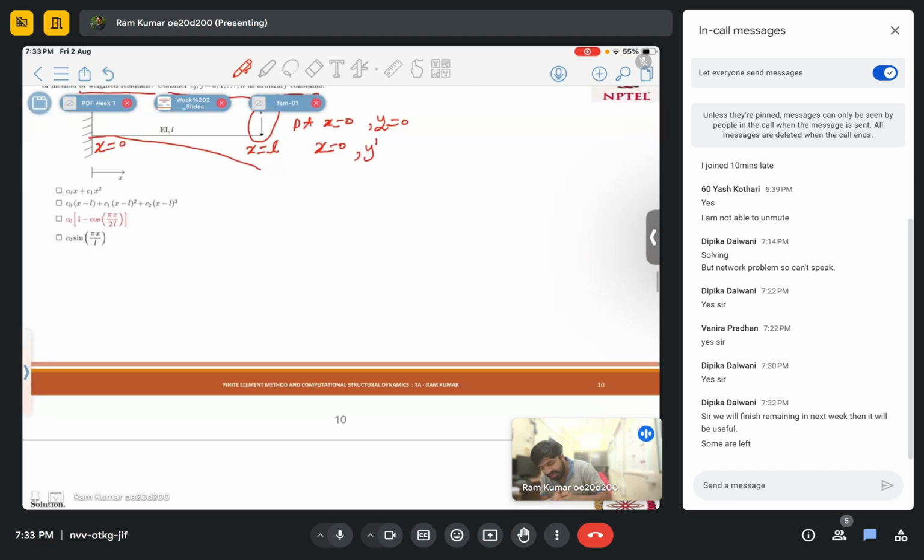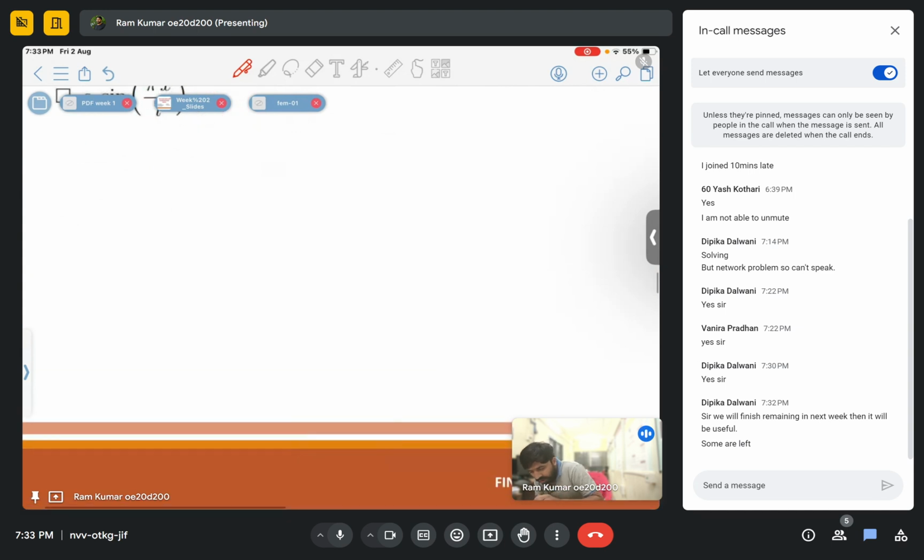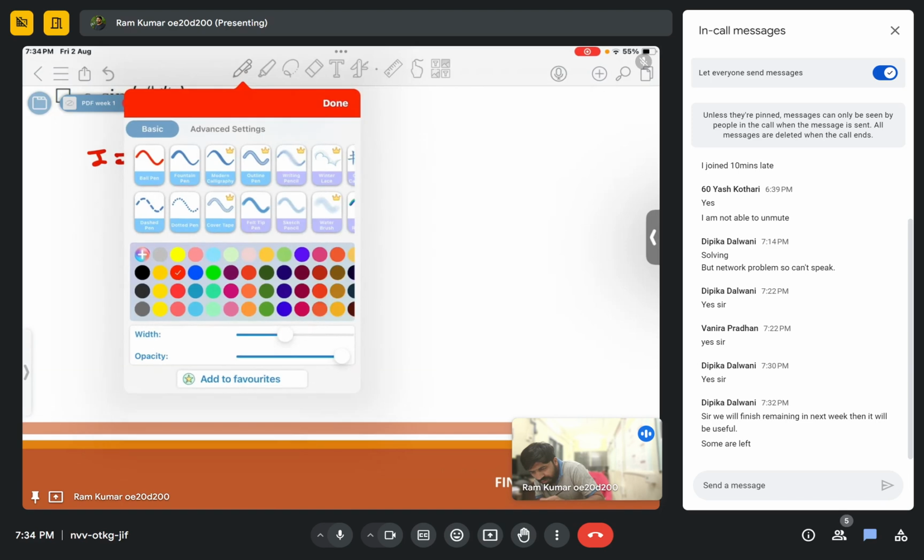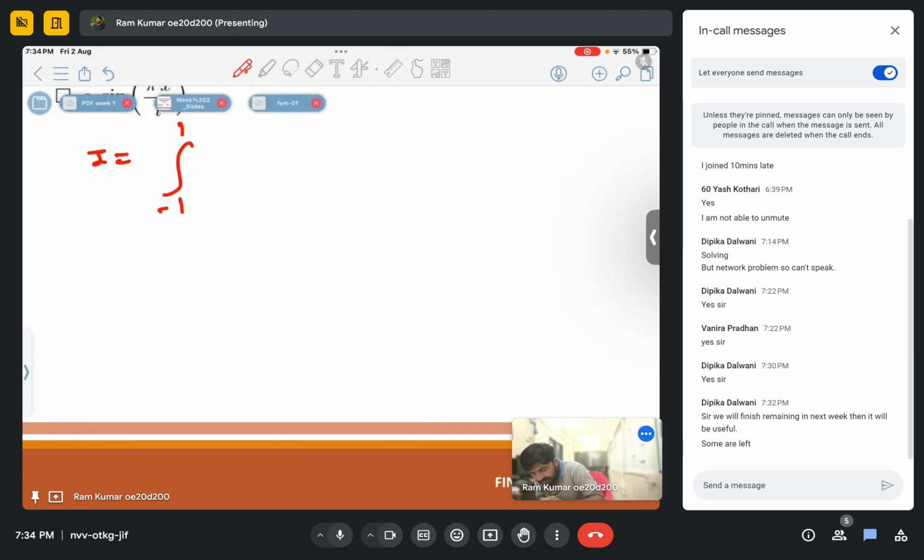Okay, then I will give you one question, then just try to give me the answer. You have to solve that one. I equal to integration, 0 to 5, sine square, not sine, minus 1 to 1 to keep it simple. I equal to integral from minus 1 to 1 of e to the power minus x square into x cube dx. So you have to find